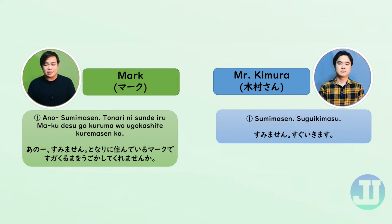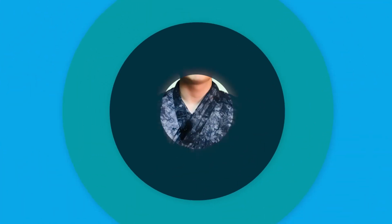すいません。隣に住んでいるマークですが、車を動かしてくれませんか？ すいません。すぐ行きます。